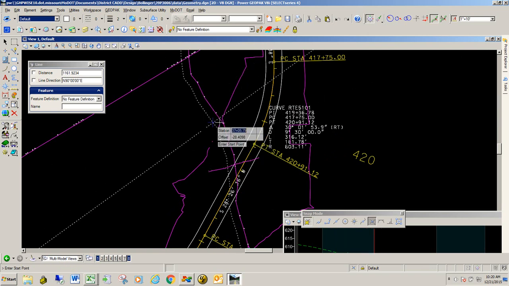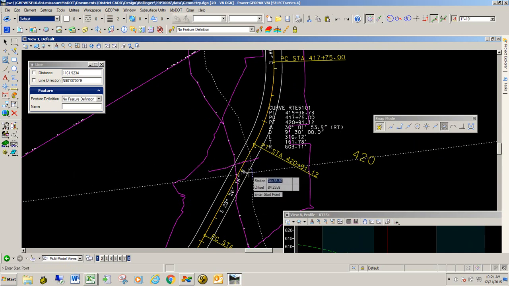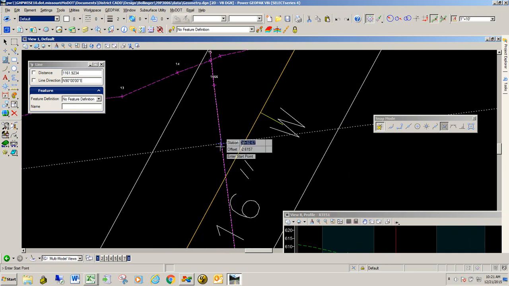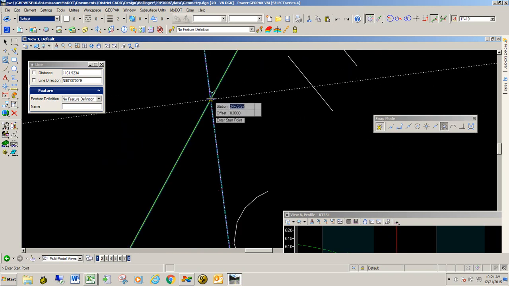Once we have the stationing, I'm going to go down and make sure my snap mode is set to intersect. I'm going to slide into where the center line and the stream bed intersect, and just kind of hover over that. And when you hover, just hovering over it, not snapping to it, let the auto snap do its job, you'll get the station value, and our station value is 34 plus